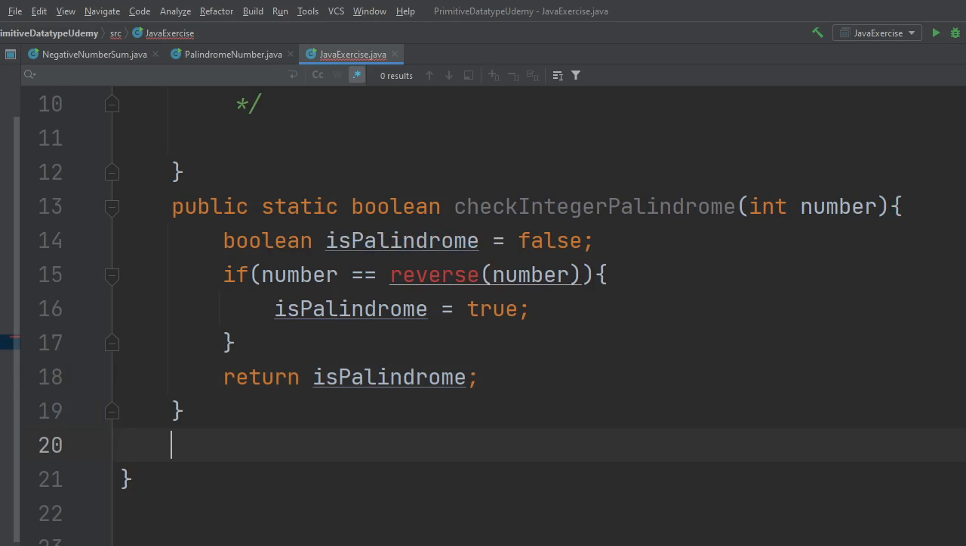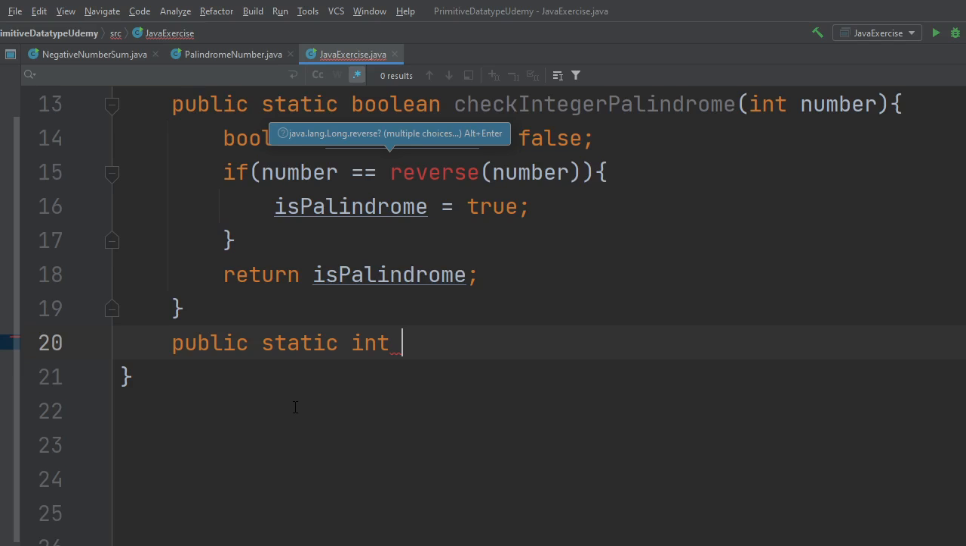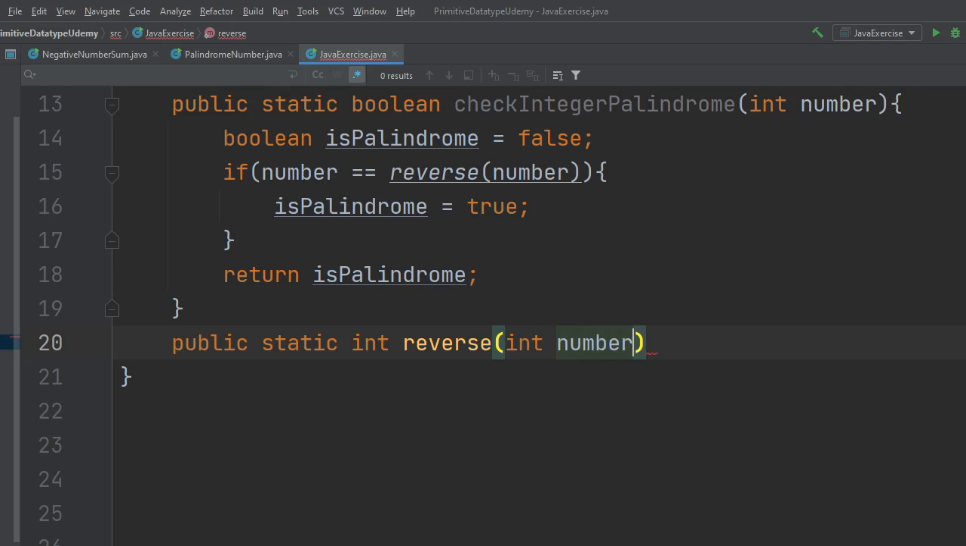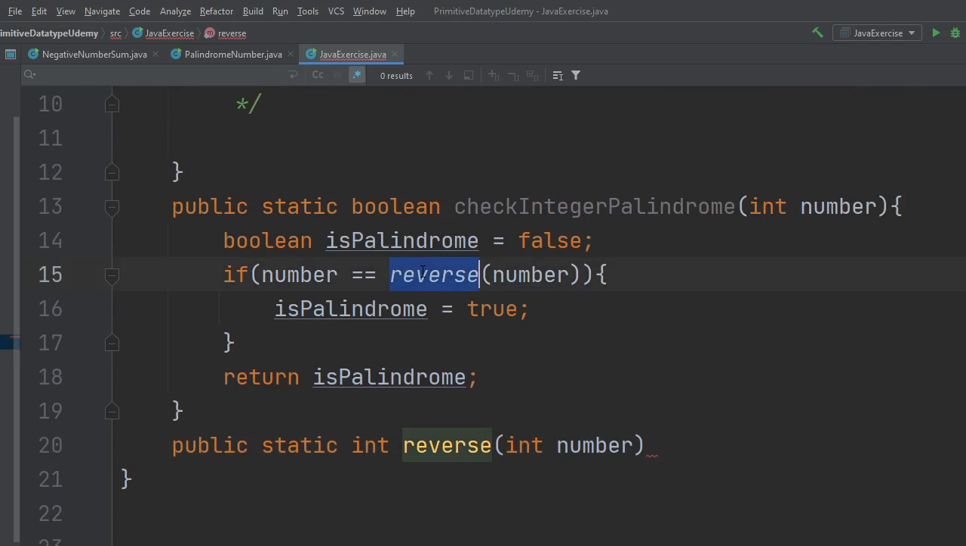Then we come next here, we try to apply the revise situations, wherein we will try to build the revise method, right? So let's try to build a revise method. Here we say public static int revise, int number. So now we don't have any more error because we try to call the revise method here, and